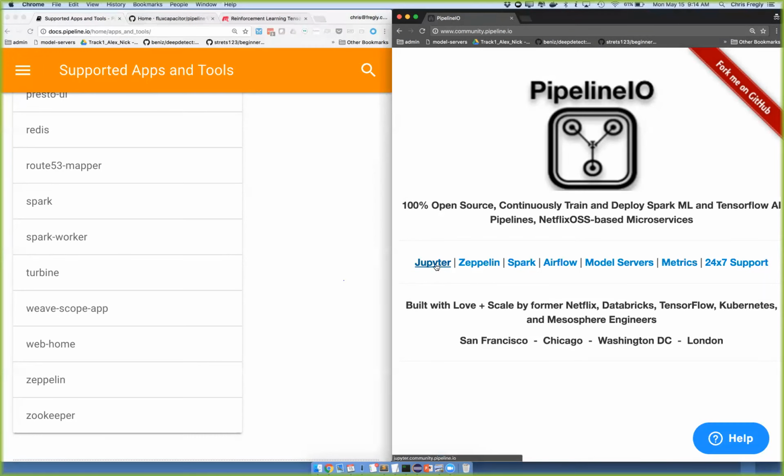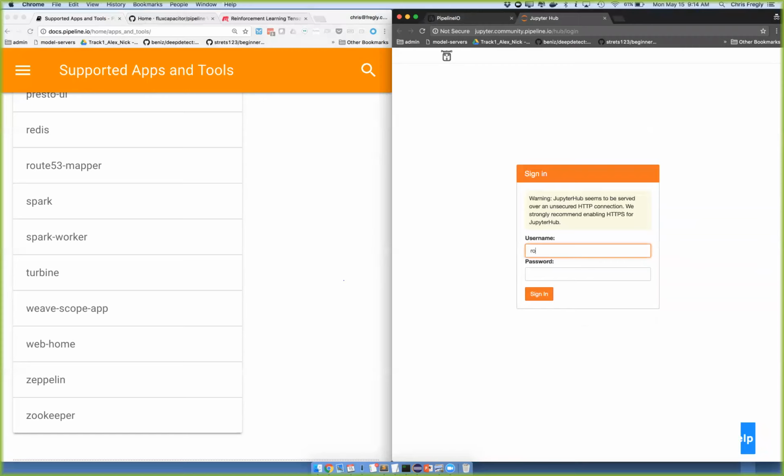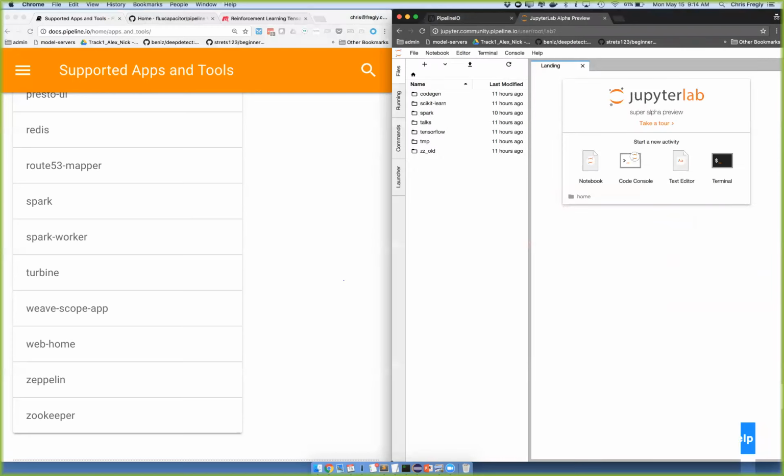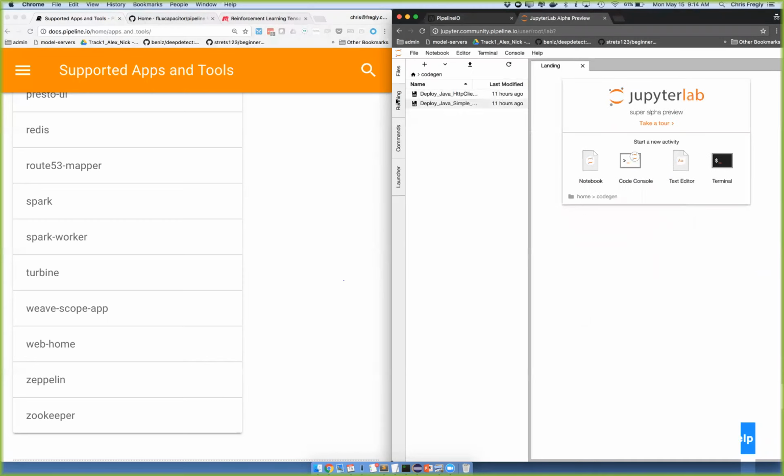All right, so if you click Jupyter here, on the right, you should be able to get in. Right now, just use any username and password. I actually don't have this linked to the login screen, so just use anything to hop on in. I literally just added security this morning, and I didn't get all the single sign-on stuff working. Click on files, and you can click around here if you want to look at some Spark stuff, scikit-learn models,